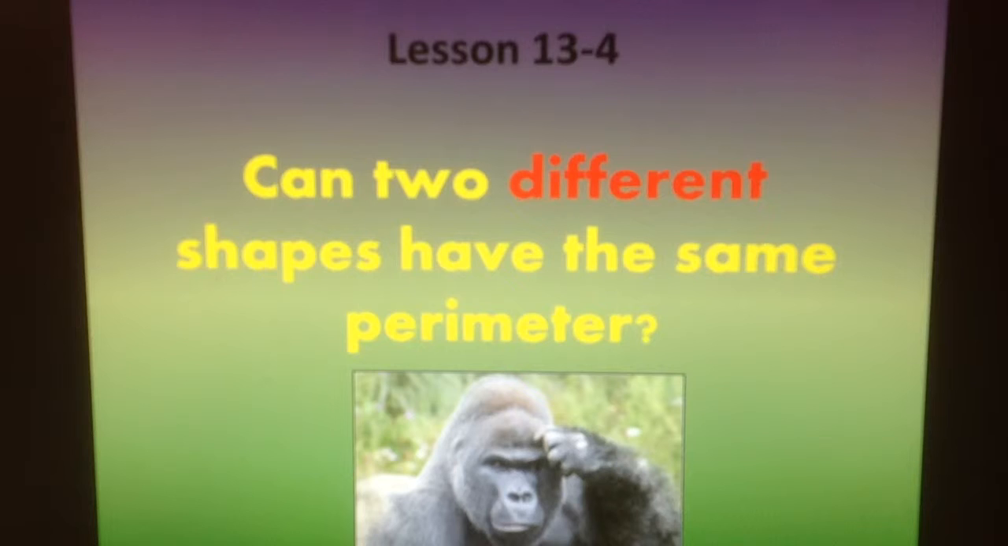Can two different shapes have the same perimeter? That's what we were wondering today. Turns out, yes, two different shapes can have the same perimeter. There could be a long, skinny rectangle that has the same perimeter as a square, for example, or many other